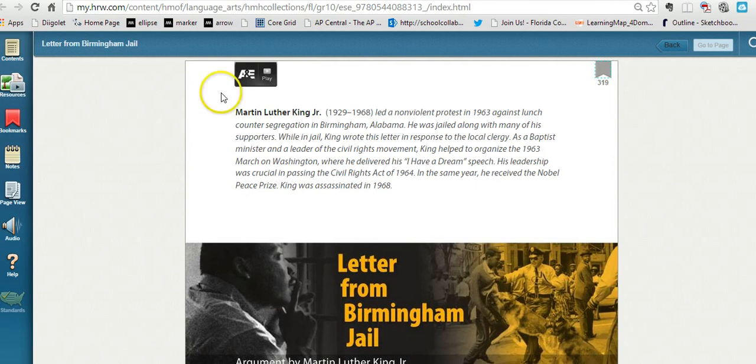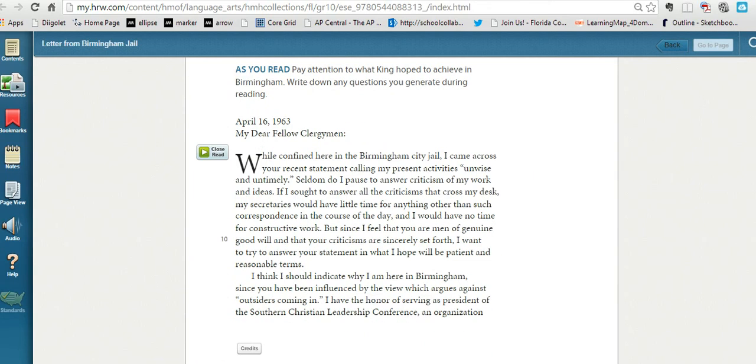Now, the text has loaded, and you'll see here that there's video embedded right in the textbook. So you can feel free to watch the video of the textbook. You could also choose to listen to the text read aloud to you by clicking on the audio in the menu bar on the left. But today we're going to read silently. Well, I'm going to read out loud, but we're going to read, and you're going to highlight 3 different things